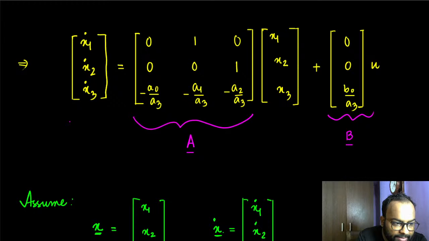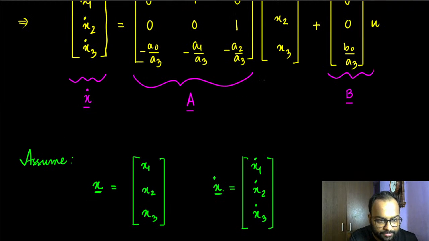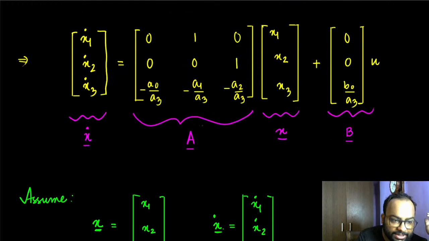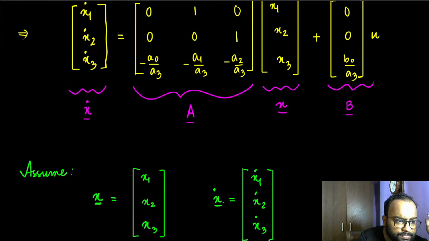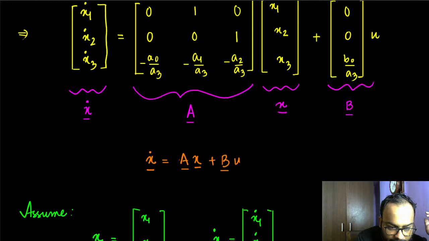Because this is x dot, the derivative of this vector quantity, and this is just x, and this is of course u. So this differential equation becomes x dot equals Ax plus Bu,